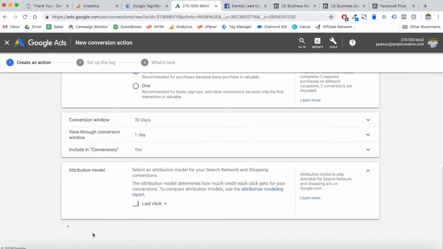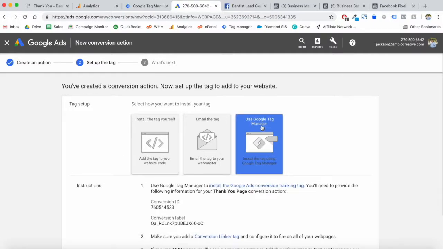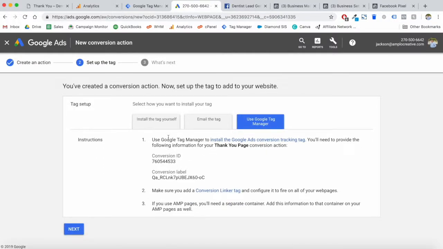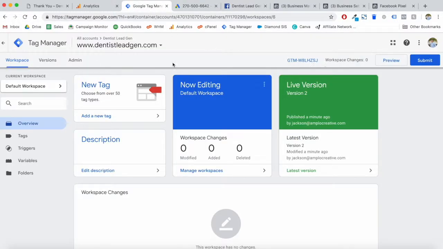You can read about these, but I really like last click. And then you can install a tag yourself, email the tag, or look at that, use Google Tag Manager. So we're going to click that. So now it says use Google Tag Manager. You're going to basically need to copy this conversion ID, go to your Tag Manager, and this is where it